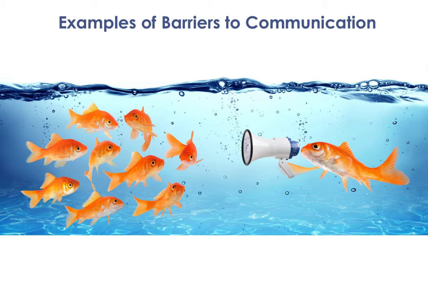But really we need to focus on what could be one of the barriers that prevent the big fish from getting the message to the little fish, or a barrier that's preventing the little fish from hearing what the big fish has to say. And this could be one. Let's say the megaphone is muffled. So when the big fish sends a message, wah, wah, wah, this crazy sound comes out and all the other fish don't hear it. So some of the barriers can actually be physical barriers.